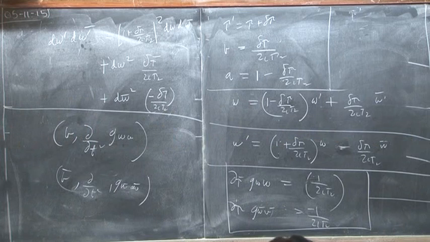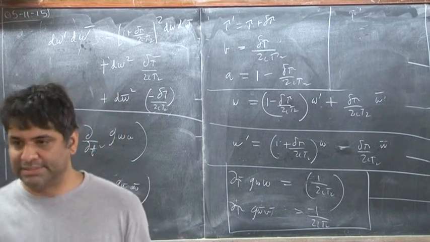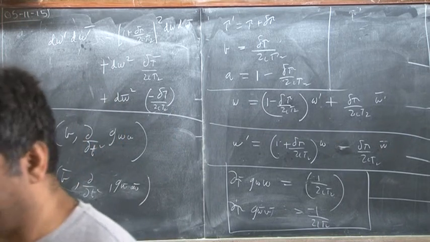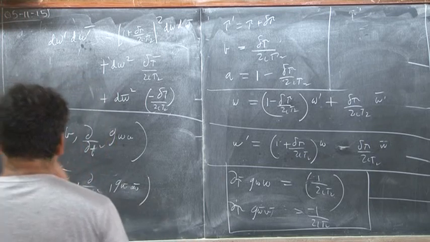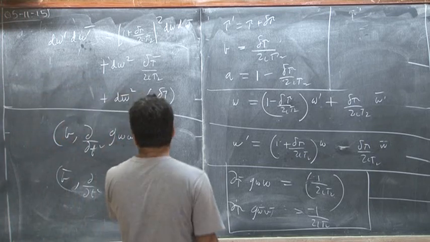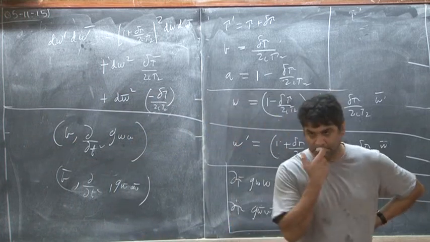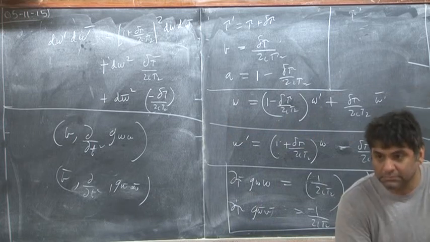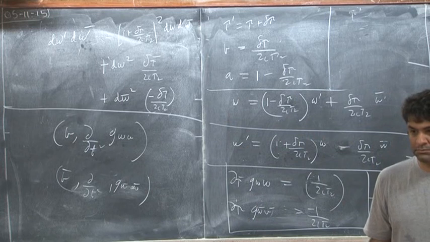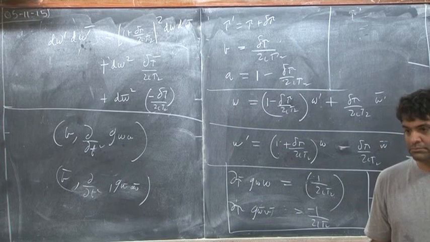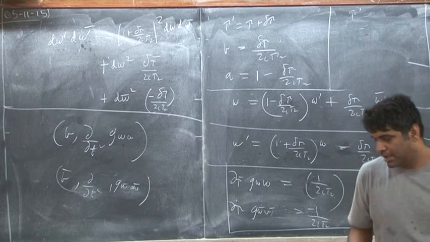Suppose it wasn't robust, would it be required? No, a formula that is not robust should not enter your string scattering. Maybe not that way. Suppose the derivative had 1 plus something there. And so basically suppose doing the Weyl transformation actually changed the derivative. Would you need to do the Weyl transformation and then put in the derivative, or put in the derivative before the Weyl transformation? Now you see,